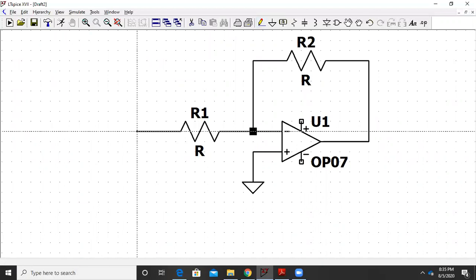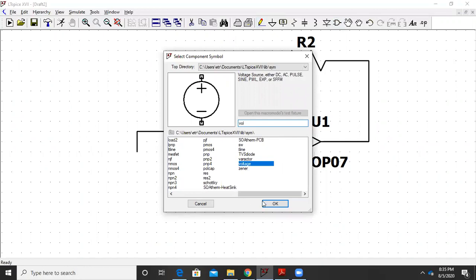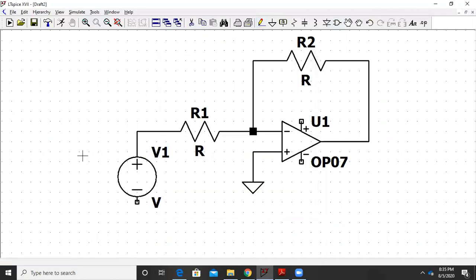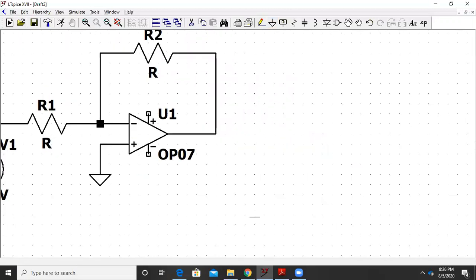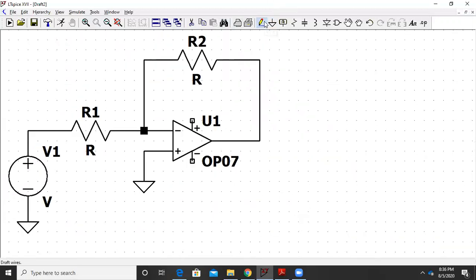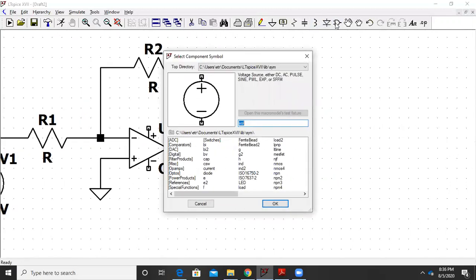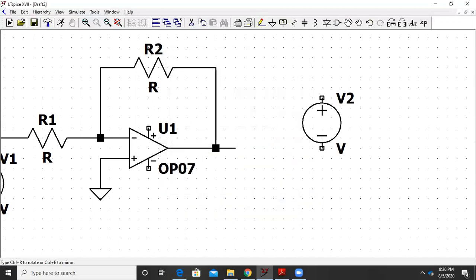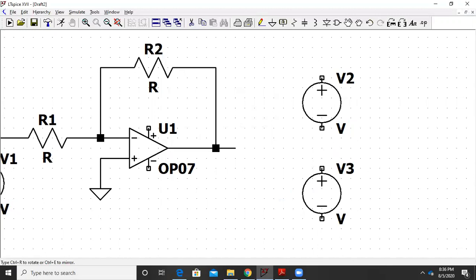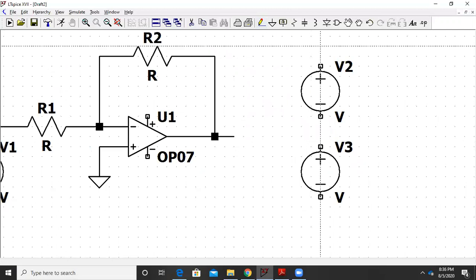So here my input will be a voltage source. So again go to components, select voltage, and that is the voltage source basically. Now let me connect it to ground. Yeah. So circuit is complete. Only one thing is missing, that is the supply power terminal, the DC supply basically. So for DC supply, get two voltages. So this is my first voltage source and that's my second voltage source. And now I have to connect them. This is my common ground.